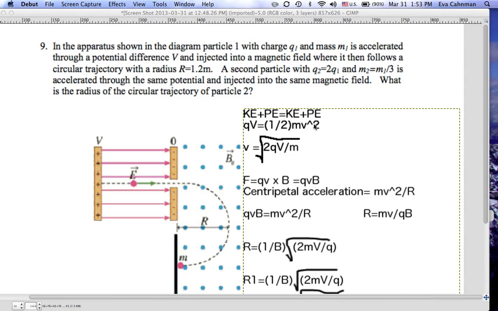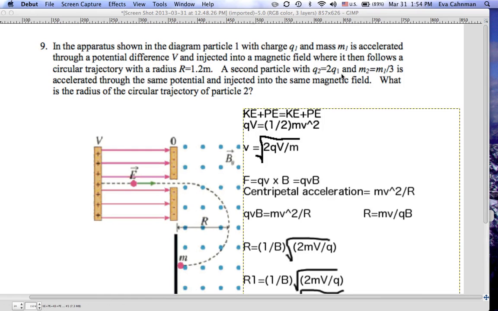Alright, so I did question number 9, and the question talks about a particle that's accelerating through a potential difference, and then it's injected into a magnetic field where it has a centripetal acceleration and a radius of 1.2. And it wants us to find the radius if a second particle has 2 times the charge and 1/3 of